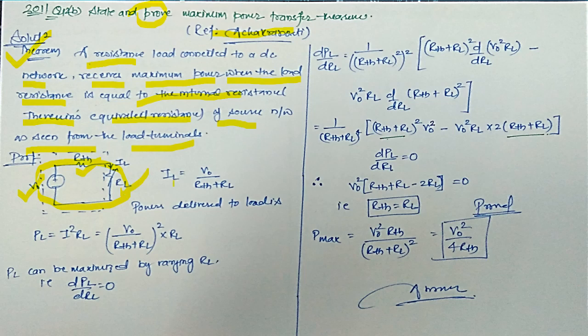So if you write the load current equation, you will find it is V0 divided by RTH plus RL. Now the power delivered to the load is given by PL, which is equal to I squared RL. The I value you have already calculated. Let us substitute that and you will get the power value. Now you need to find out what will be the value of load resistance RL such that the power will be maximum. In order to do that, you need to differentiate this PL with respect to RL and equate that to 0. Whatever RL you find there, you need to again substitute in the PL. So that's what we are doing here.